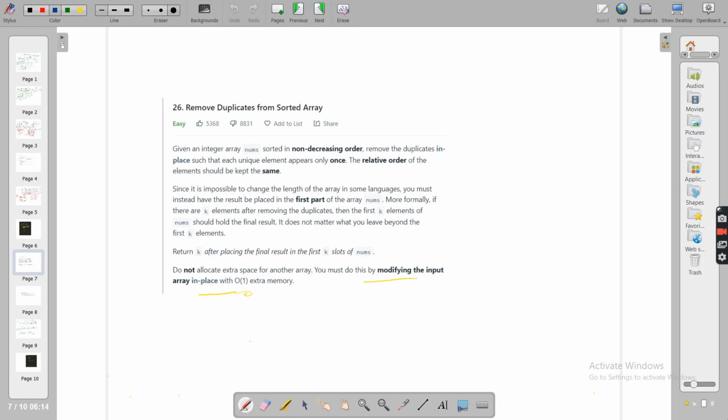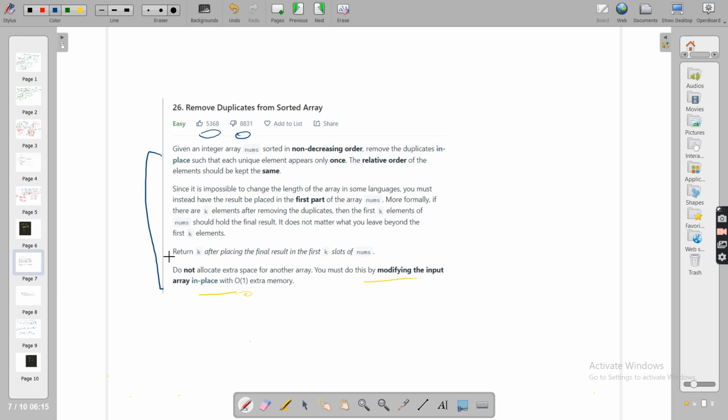Hey everyone, so here we'll be solving another problem, which is remove duplicates from sorted array. If you are starting with the two pointer technique, this is also one of the good problems that you can even think of. Although the like and dislike ratio says something else, believe me, this problem will build your intuition and your two pointer base. Let's see what it says.